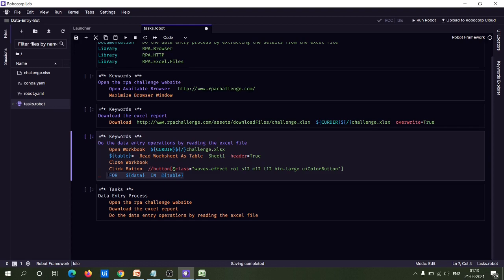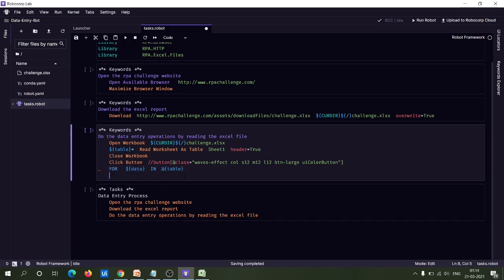This code signifies that it is asking to loop through each row under this table. So this data signifies each row of this table variable. And to signify this table variable as a list, we have provided the at symbol instead of the dollar sign, because when you provide a dollar sign, this for loop will consider this table variable as a scalar variable. So to consider it as a list, we have provided the at symbol.